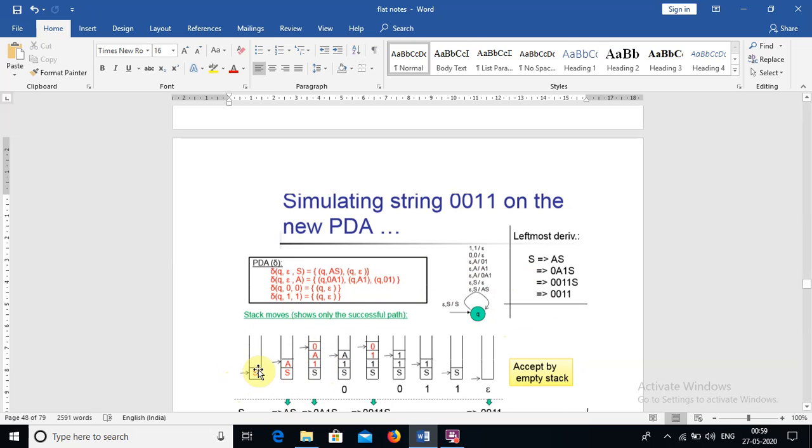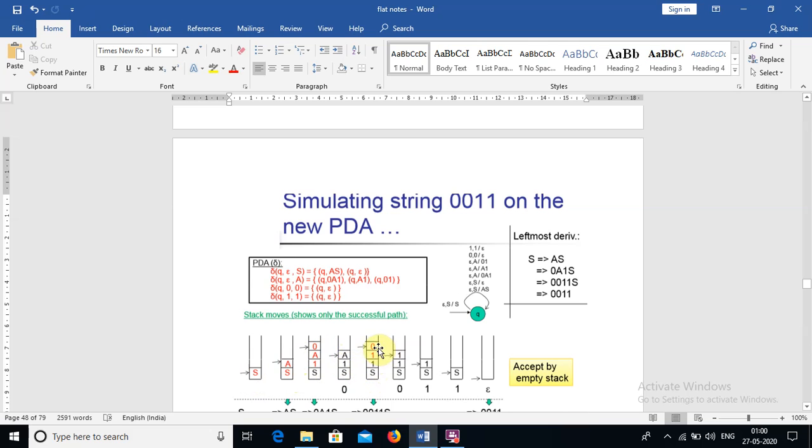So we have a non-terminal S. So S can be replaced with production rules, and A is also on top of the stack as a non-terminal, so it is replaced with production rules, and A also is a non-terminal, replaced with production rules, if any. And here to construct 0011, we can replace only 3 times here, right? So here 1, here 1, and here 1, okay.